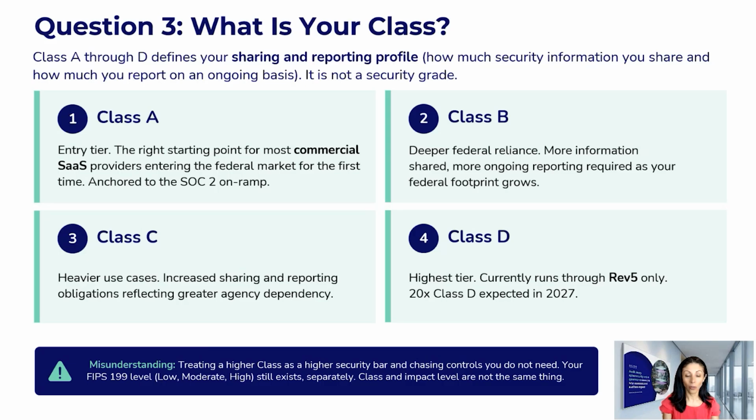One of the things I said a little bit ago, and just to reiterate: these classes are not to be treated the same as FIPS 199 impact levels of low, moderate, and high, because this is a different way of looking at security. Making equivalency would be a mistake, and something I know FedRAMP adamantly wants people to understand. This is just higher reporting requirements to show your security posture, your continuous monitoring and pervasive evidence capabilities, to demonstrate that you have a security program that is defensible and able to produce all these artifacts